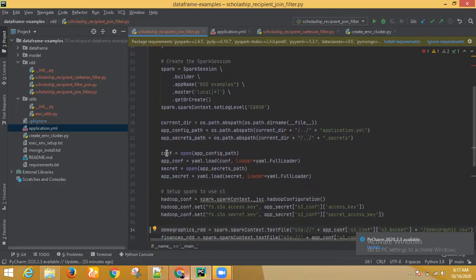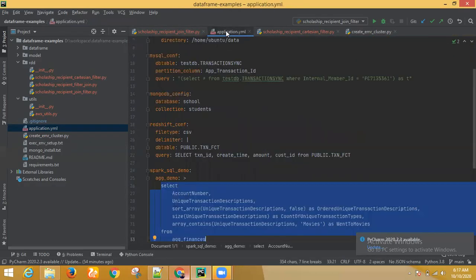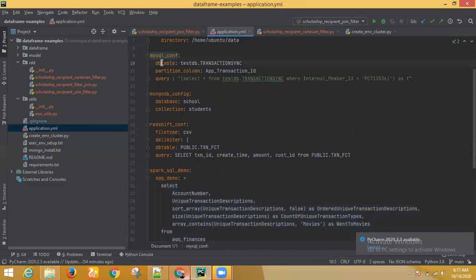I'm opening both the conf and the secrets files, and then I'm saying YAML.load. YAML is a library that is used to maintain the application configuration file. It gives a JSON-like structure, key value pairs, with nested key value pairs inside. YAML, yet another something like that. Anybody remember the full form of YAML?